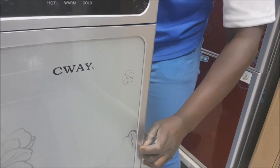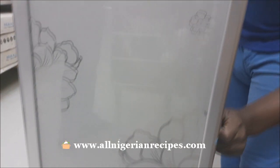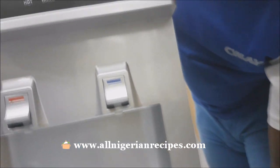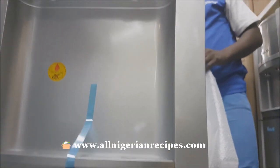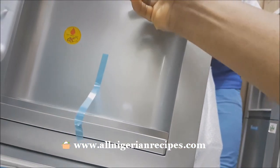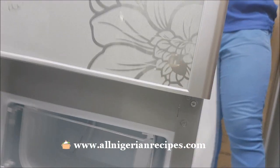What happened? Static. Is that what will be happening to me when I touch it? All these things, plastic. So we can disconnect. Both of them are off now. That's for cold. When you put water, you allow the gas to settle down, the water also. But if you bubble like...